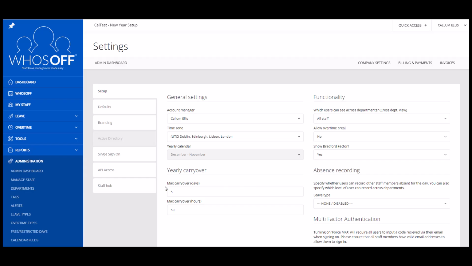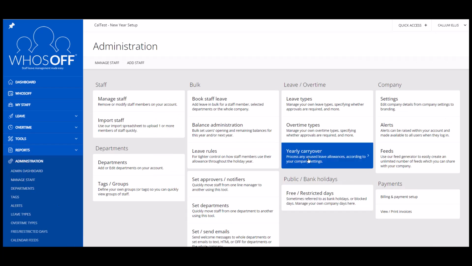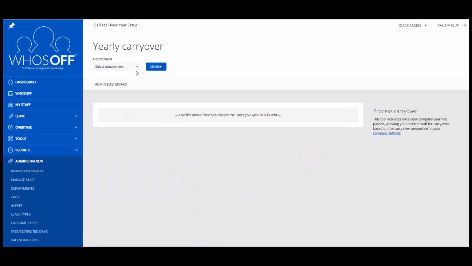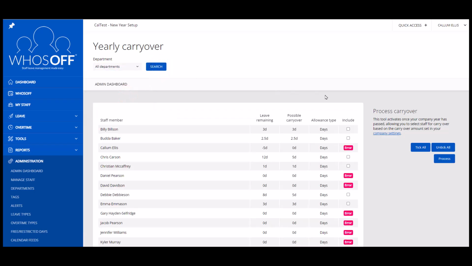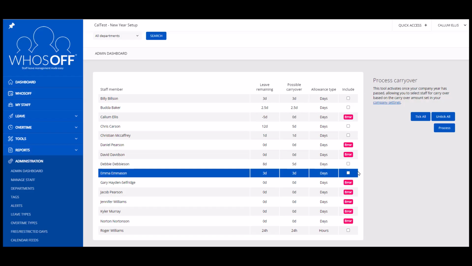So, now that we've established our maximum carryover rules, we're ready to go ahead and process the carryover. On the left-hand side of the page, we're going to go into administration. We're then going to click on admin dashboard. Under the leave overtime section, we're going to click on yearly carryover. This will then allow us, either by department or for the whole company, to bring up a list of all of our staff members and examine what is due to happen when we try to process the